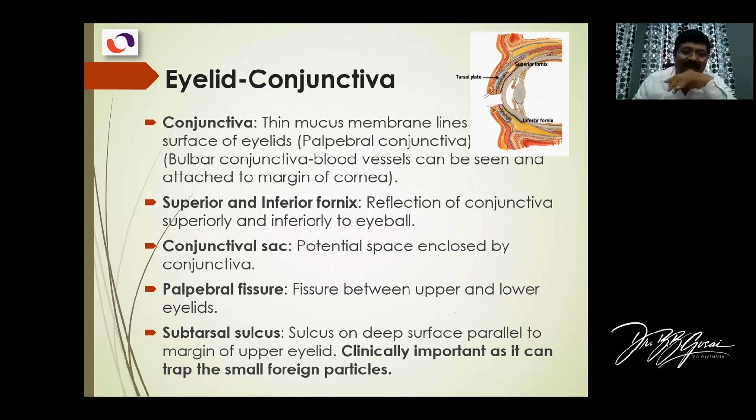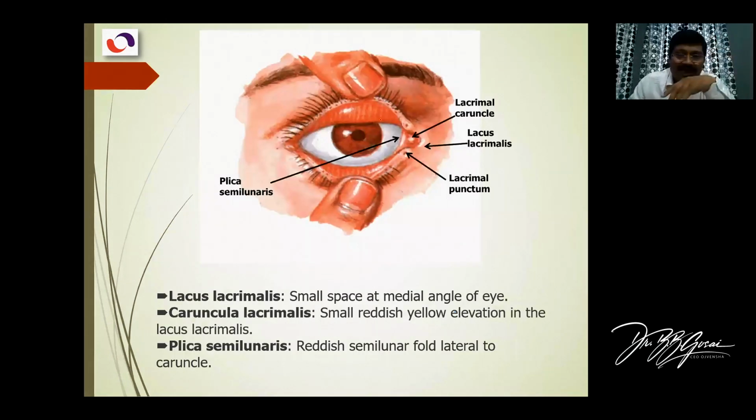Okay. Other parts I already mentioned: palpebral conjunctiva, bulbar conjunctiva, fornix. The conjunctival sac is this whole area. When you close the eye, the conjunctival sac is closed. When you open the eyelids, the conjunctival sac is open to the surface. That is a cavity. Fissure we discussed. And the subtarsal sulcus is the point which I mentioned, where the tarsal plate finishes. There's a small linear depression. When you evert the eyelid, you'll find that sulcus, and sometimes dust particles trap into this one, here at this point actually.